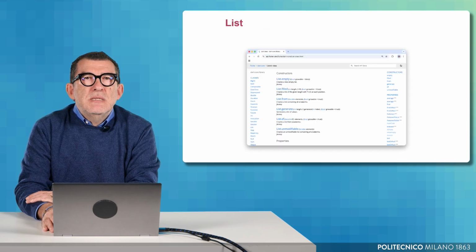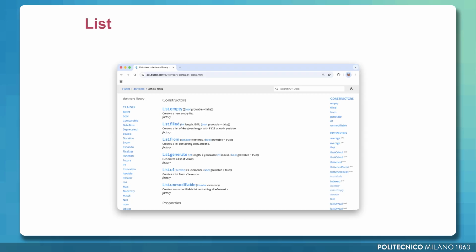To implement this example, we first need to focus on two aspects of the language. The first one is quite general and mainly comes from Dart, the concept of a list. A list is a generic data structure widely used in many programming languages. The reason we are discussing lists here is also connected to a specific feature of Dart.